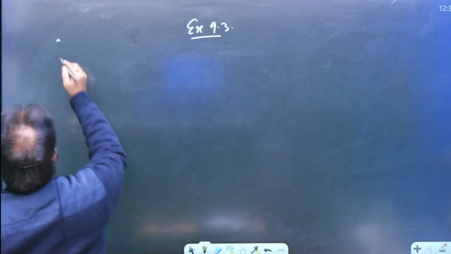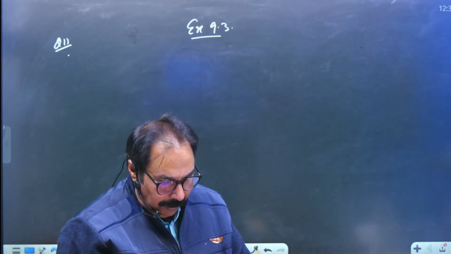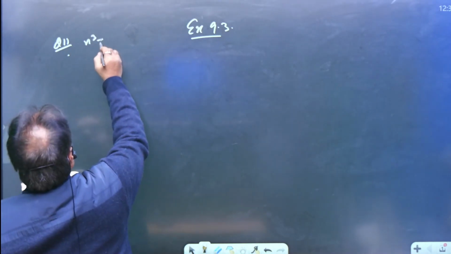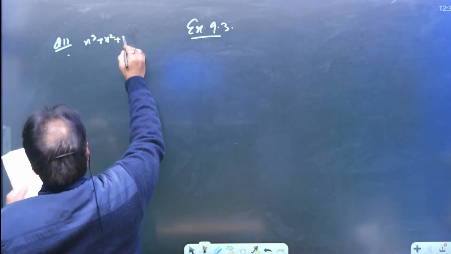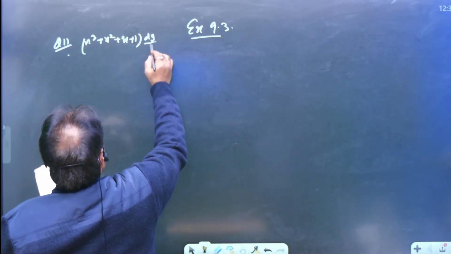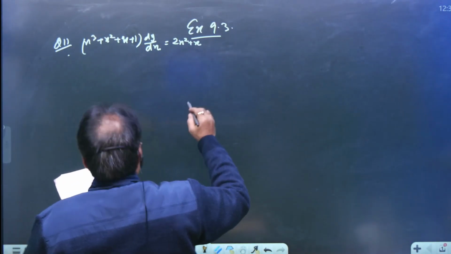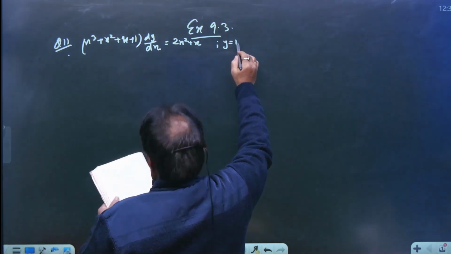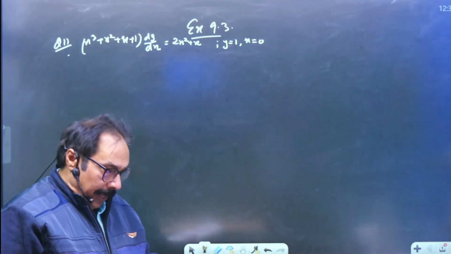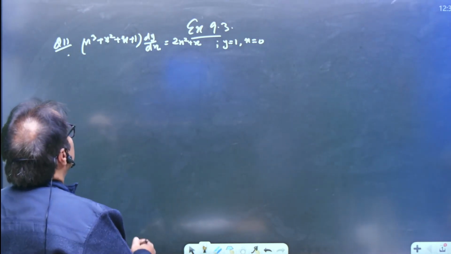Okay, now question number 11. The question is (x³ + x² + x + 1) dy/dx = 2x² + x, such that y = 1 when x = 0. This is the question. इसमें भी वही करना है आपको, apply variable separable, so this can be written